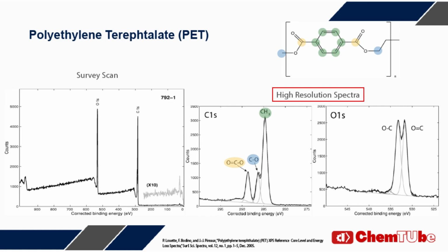For polyethylene terephthalate, the carbon 1s and oxygen 1s peaks are observed in the higher resolution spectra. The different bonds associated with the chemically shifted peaks are highlighted in color and correspond to the different carbon and oxygen bonds as shown in the chemical formula. The ratio of the different intensities of the peak are a direct indication of the amount of each bond type present. According to this spectra, there exist 6 green carbons that are present in the aromatic ring, whereas there are only 2 yellow ester carbons and 2 singly bonded blue carbon-oxygen bonds. This explains the 3:1 ratio in the intensity of the peaks of the corresponding bonds.